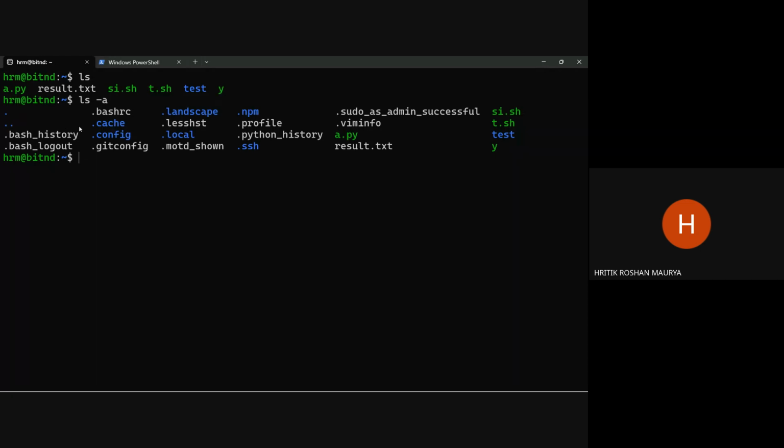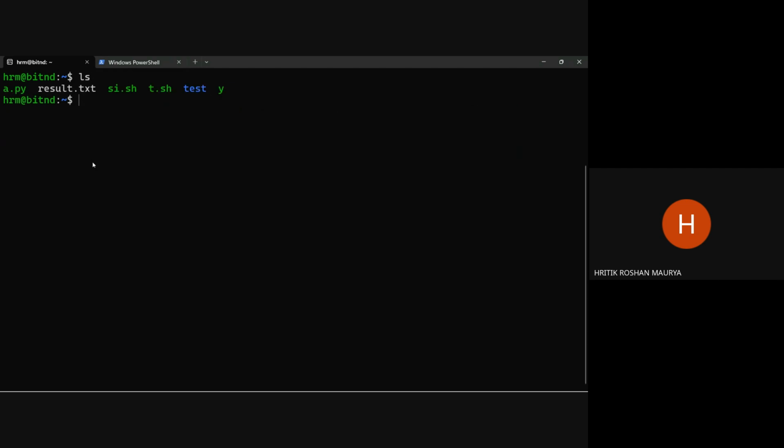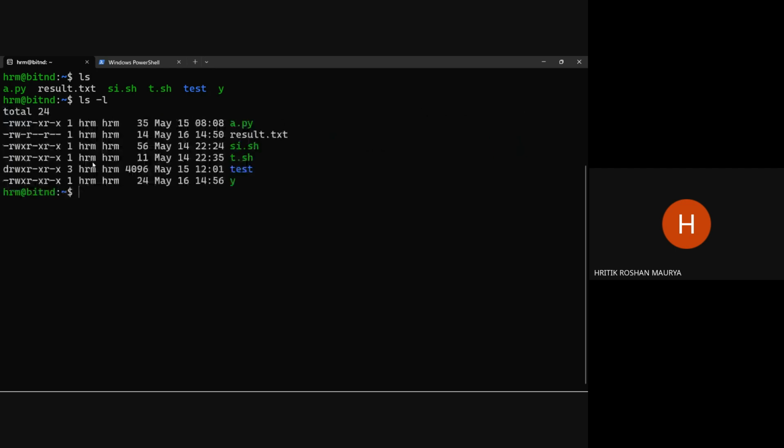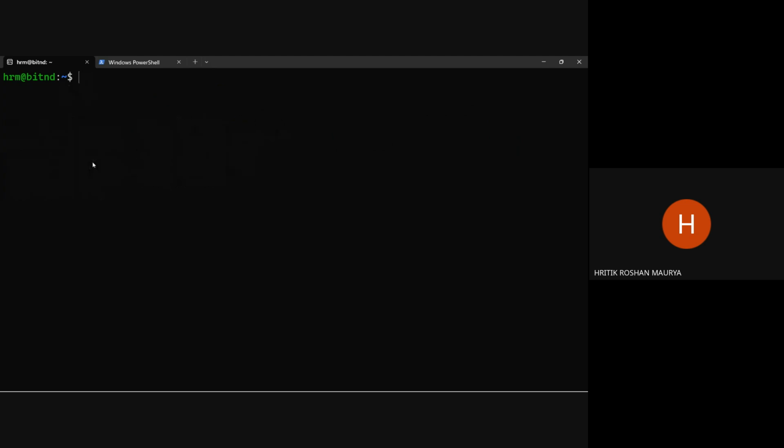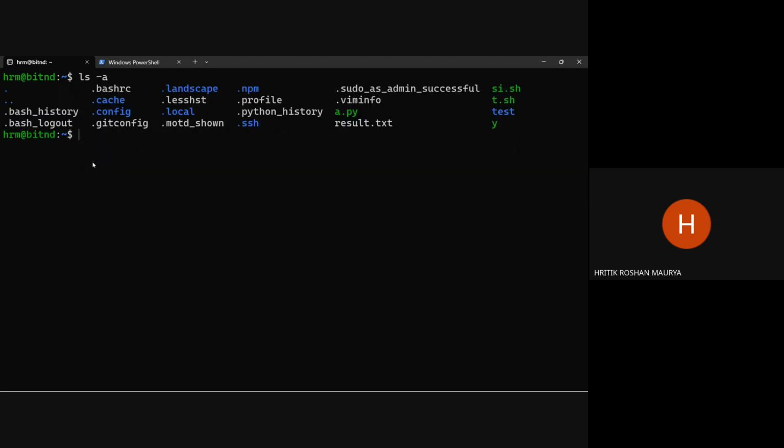If you are not in the home directory, you can just type cd and you will be in the home directory. Suppose I move to some other directory, and if I want to move back to the home directory, I can just type cd and press enter. I will move to the home directory. ls -a shows the hidden files. So I want to edit this file. So if I go to nano .bashrc,